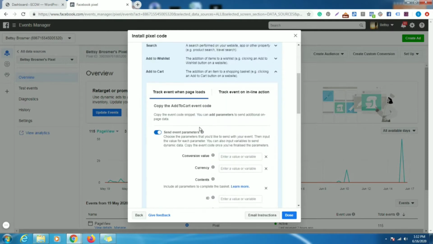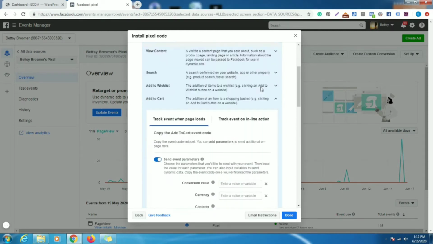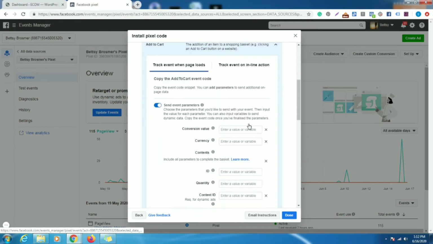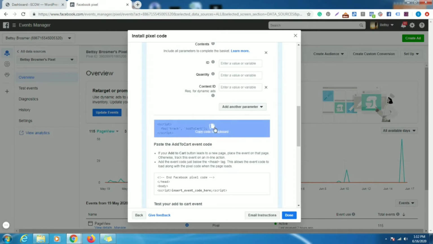So this one is the code, and when someone adds something to a cart and leaves without buying it, it can be fired. We want to track those persons who don't buy but add the product to a cart. So I am going to copy it. Okay, I have copied it, and I go to the dashboard.